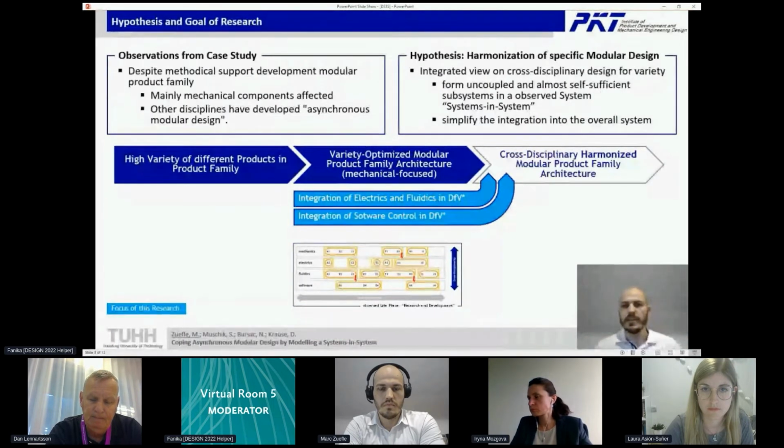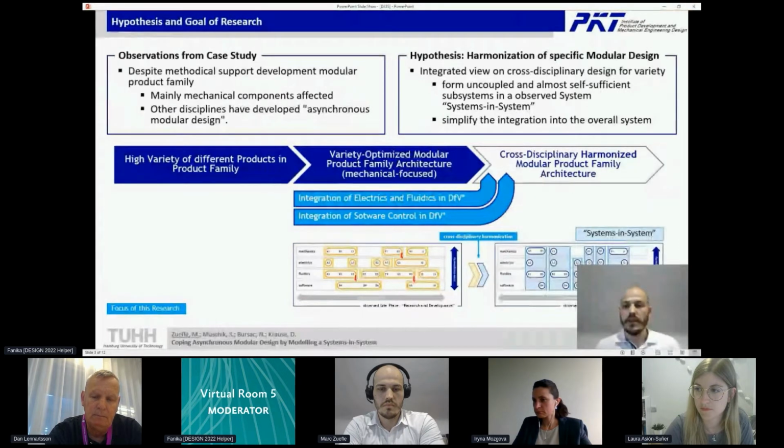This means integration of other views on cross-disciplinary design for variety, to form uncoupled and almost self-sufficient subsystems in an observed system, as we call it here, systems in system. So we want to simplify the integration into the overall system by decoupling those systems. And we want to do this by integrating other disciplines, electrics, fluidics, in the Design for Variety method, as mentioned before. And what is our goal?